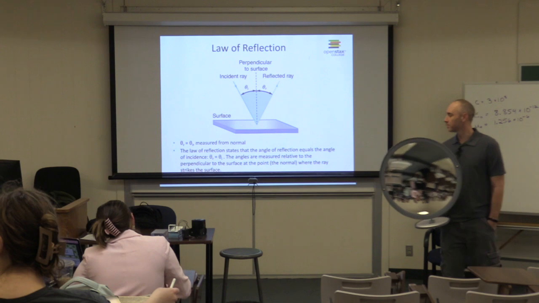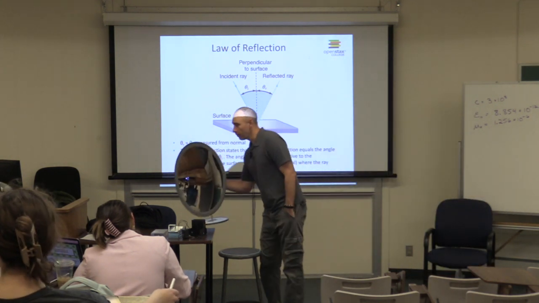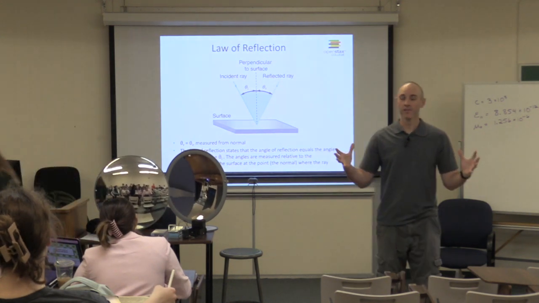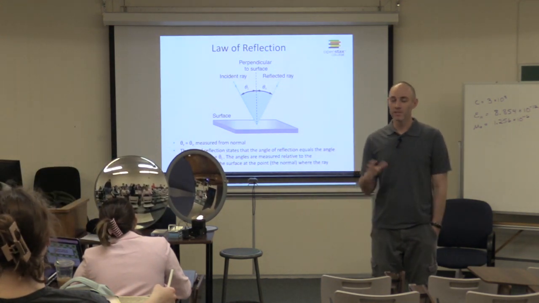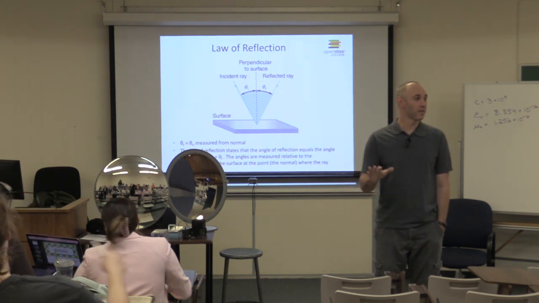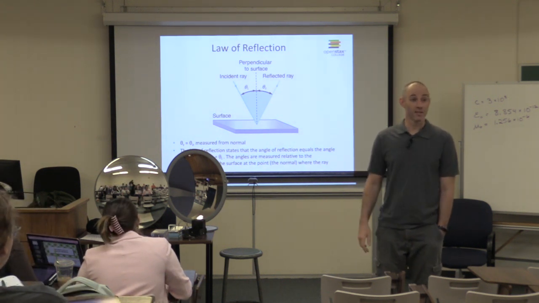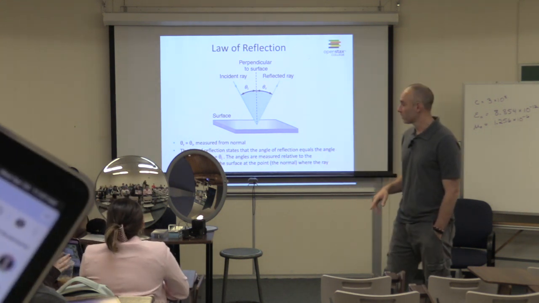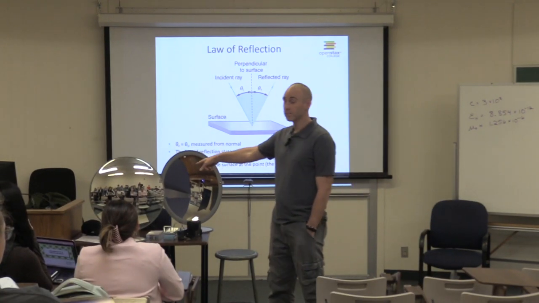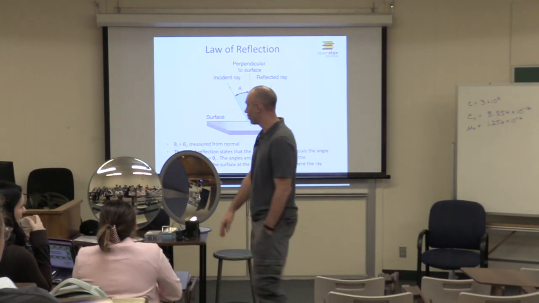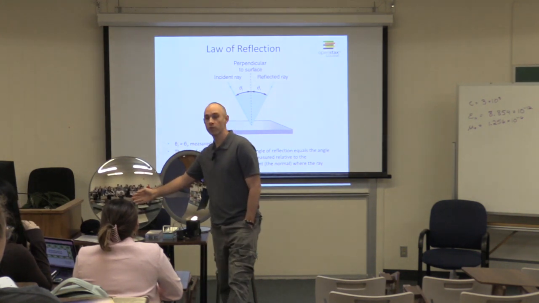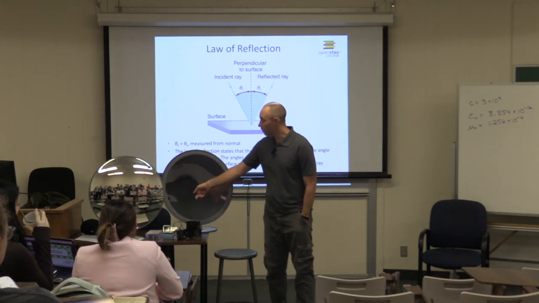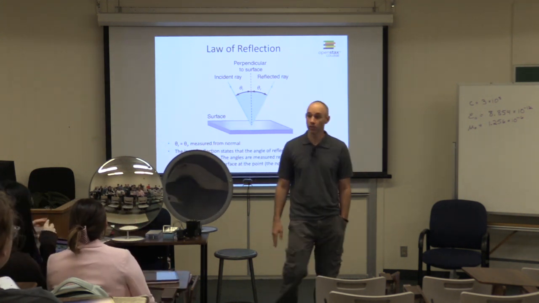What if it's rounded like this? So imagine, if you will, a giant metal sphere. Let's say we take that giant metal sphere and we polish it up really good and make it shiny on both the inside and the outside, because it's a really nice metal sphere. And we cut a circle out of that metal sphere. That little section of the sphere would be one of these. If you're looking at it from the outside, it would be this one, where the middle part is closer to you than the edge. If you're looking at it from the inside, it'd be like this one, where the middle part's a little farther away than the edges. The edges are closer than you.